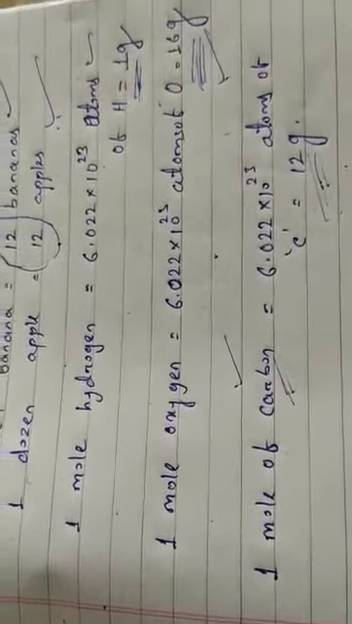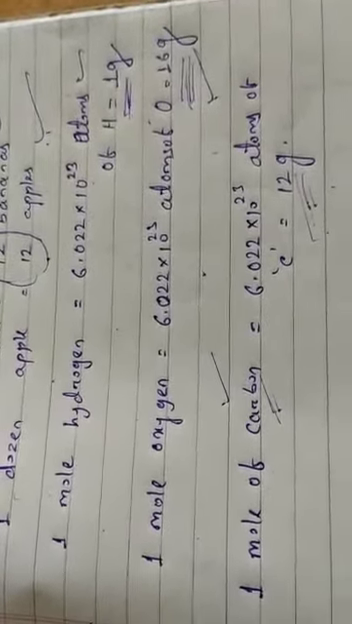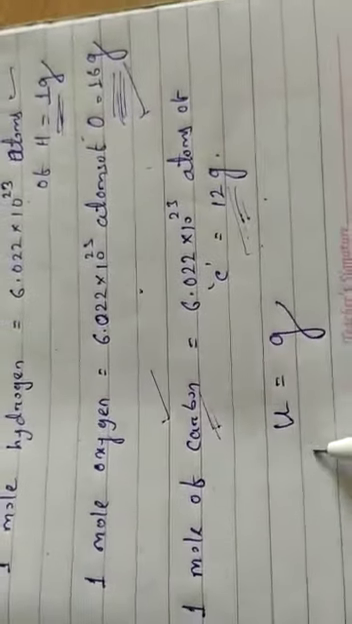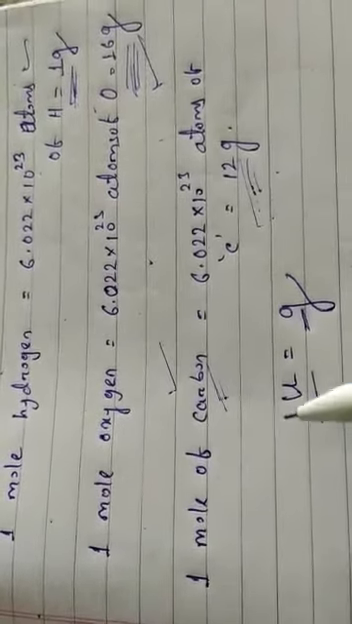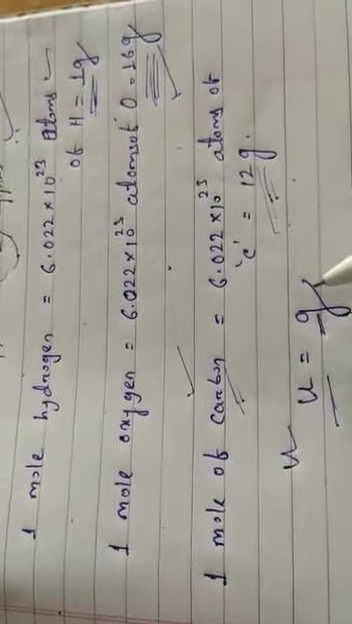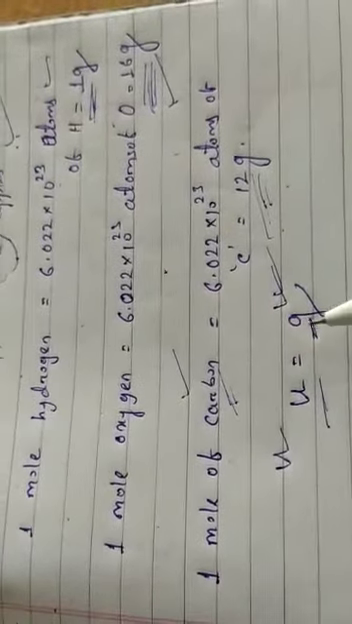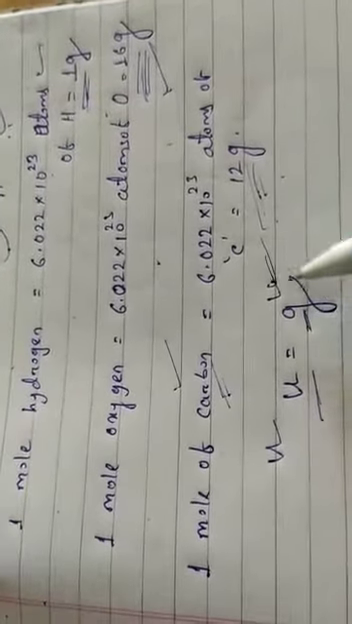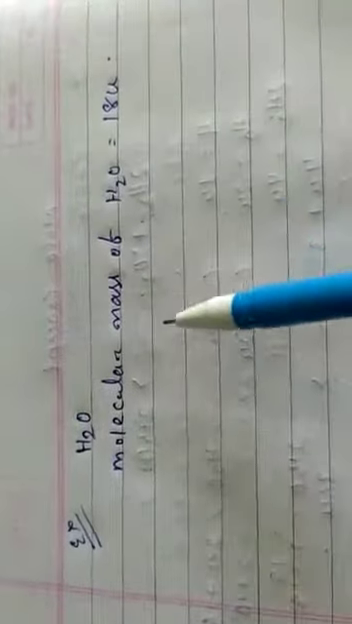Molar mass means when the atomic mass or molecular mass is represented in terms of moles. That means we can write U equal to G. Only the unit differs. In the case of atomic mass or molecular mass, we write the unit U. In the case of molar mass, we write the unit G. So U equals G when atomic mass or molecular mass is represented in terms of molar mass. For example, if we take water,